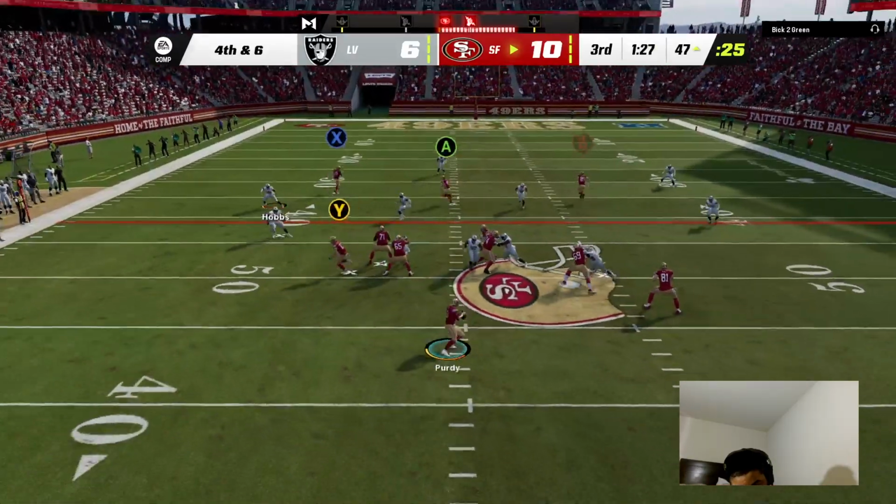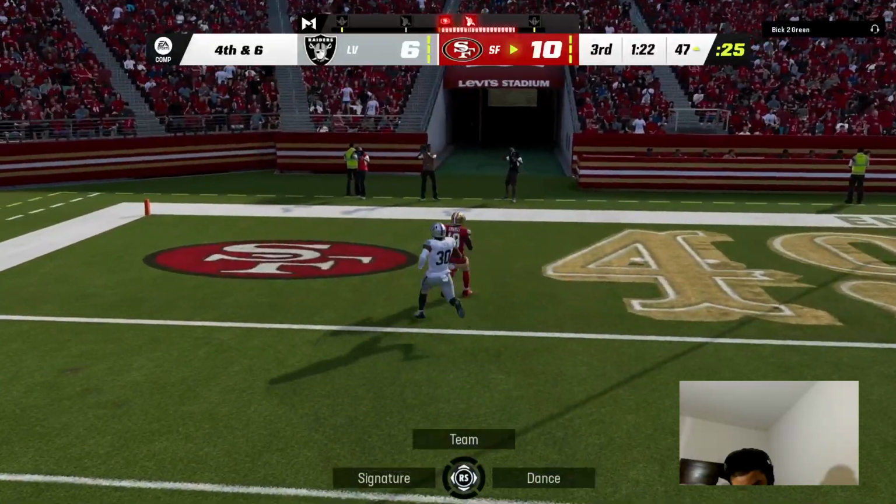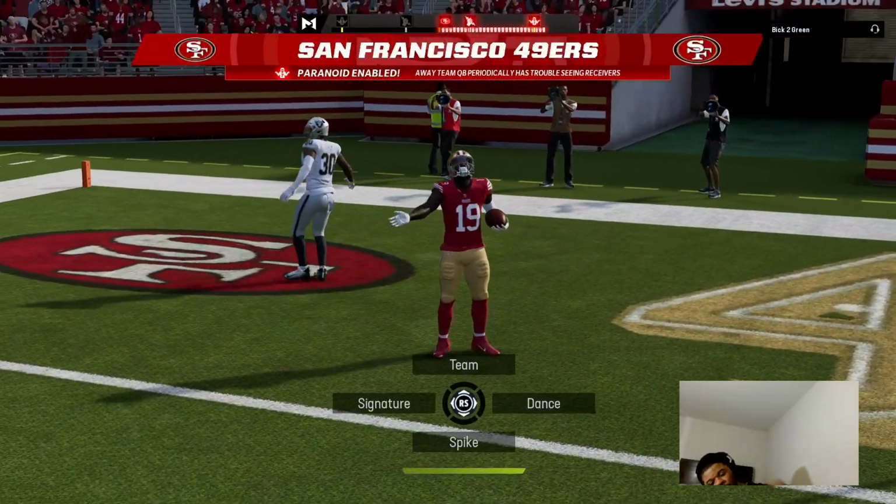On fourth down, here's Purdy. Winds up and lets it go for Samuel. And this is caught inside the 5. Touchdown,